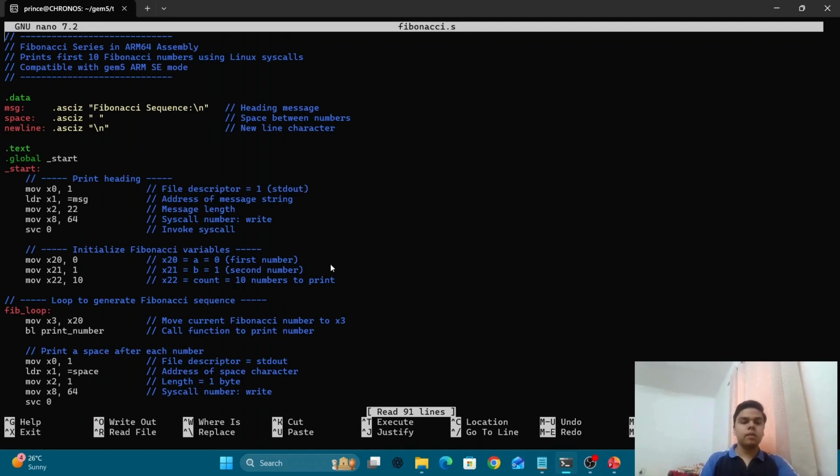So here is the program. These are the header files. The data section defines three text strings, one for the heading Fibonacci sequence, one for a single space, and another for a new line. These are used when printing each number on screen, showing how we can handle outputs directly in assembly language using